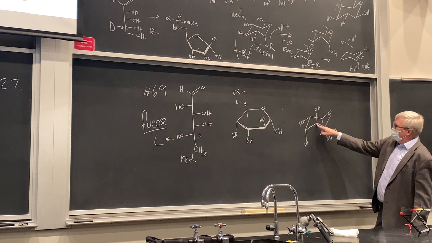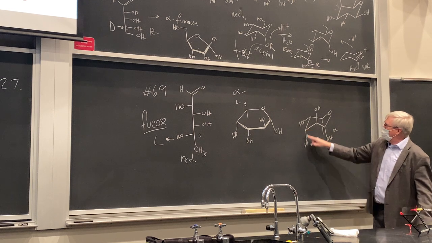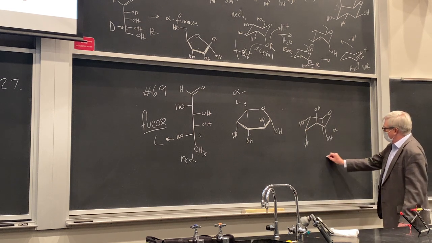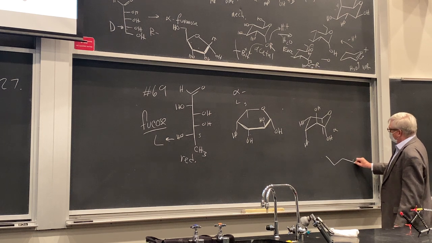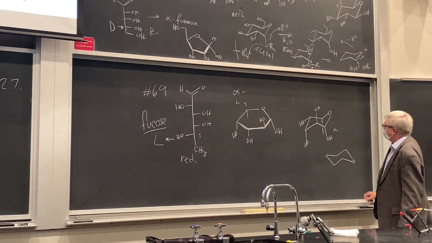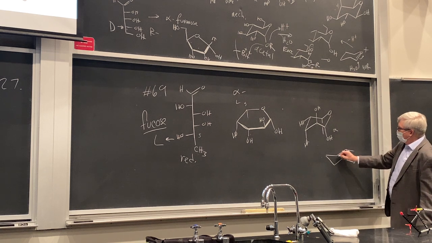There we got the up one right there, down, down, yeah, and that's down. Axial, equatorial, remember they alternate. Might be better to do the ring flip version of this, right? If we ring flip this, then what would we have? We'd have this there. We'd have OH